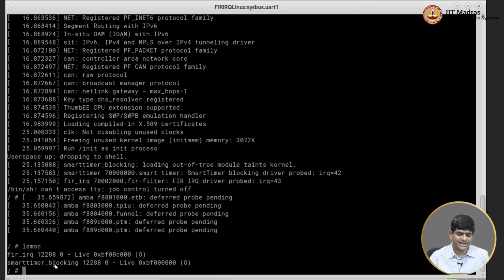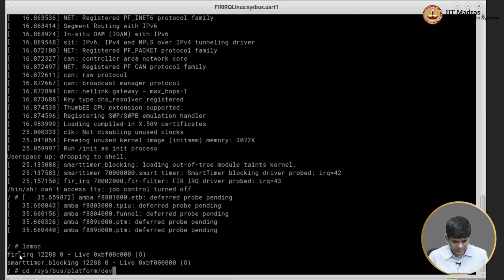So the interesting thing is that if you go into the smart timer driver and look at the values that you have over there, you will find that they don't match with what was there in the hardware, because it's not actually backed by a hardware module, right? But it doesn't matter, the focus of this demo is the FIR part of it. So let's get into that platform